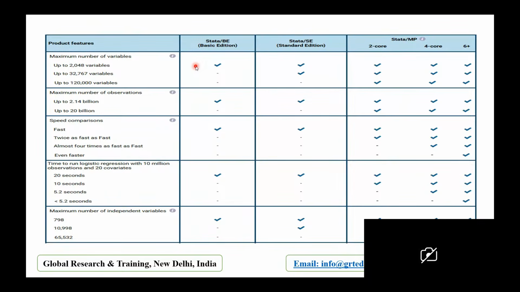Now we will go through the maximum number of observations. Up to 2.14 billion, it will be applicable in all types of editions. Up to 20 billion, it will be applicable only in advanced Stata, meaning MP edition. I'm leaving the speed comparison. It is not much required to understand data, but there is a need to understand the number of